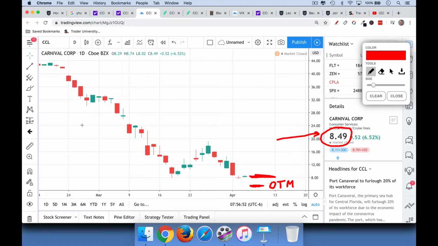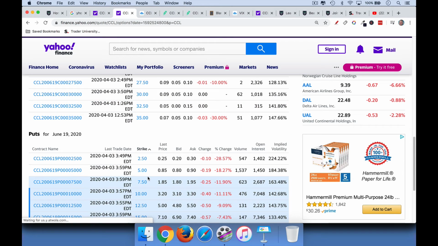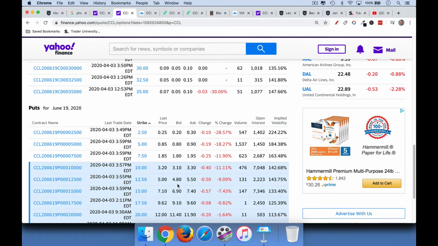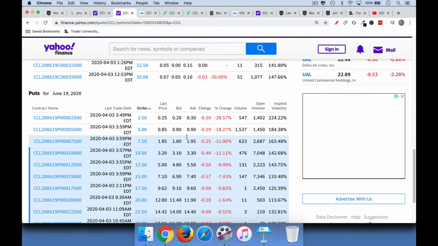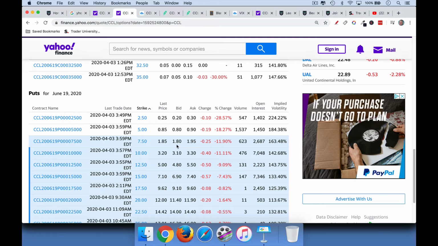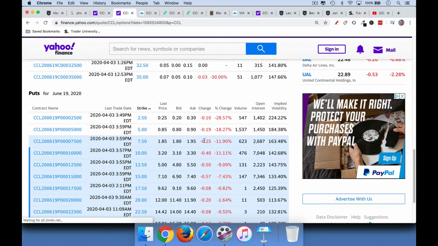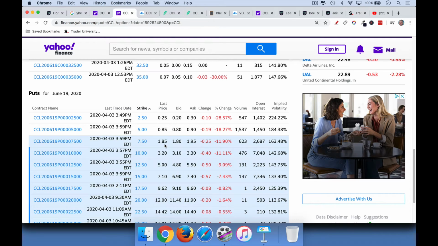So a put option is a bet that Carnival Cruise is going to go down. We're going to try to buy an at the money or out of the money option. So in this case, we'd be buying the 750 right here. And now you can see the pricing. This has all the pricing. It's currently Saturday, so the market's closed, but when the market closed yesterday on Friday, people were willing to buy this option at $1.80. They're willing to sell the option at $1.95,